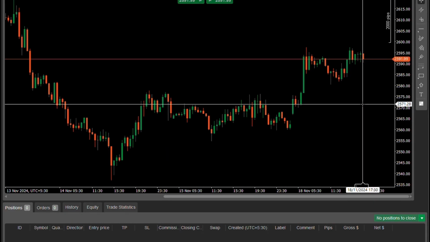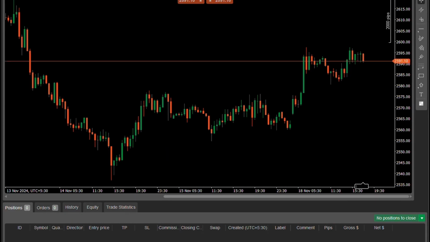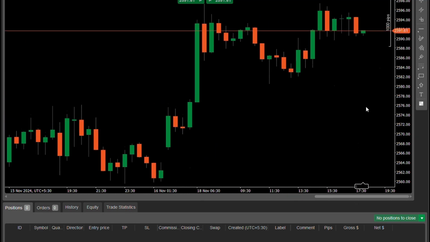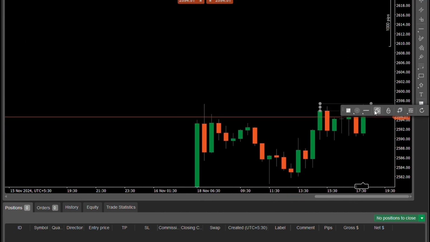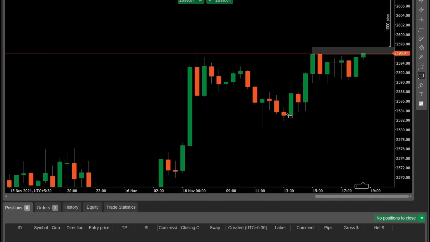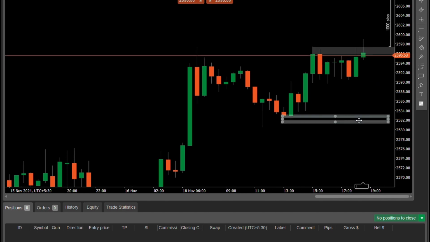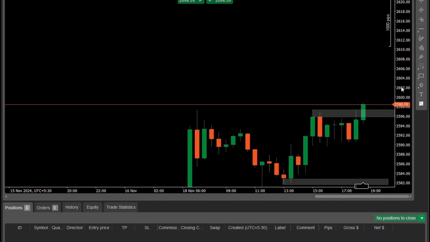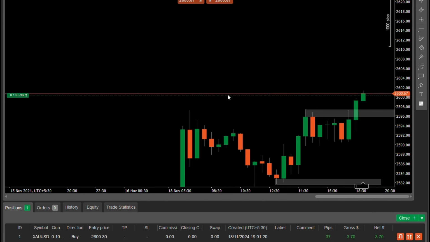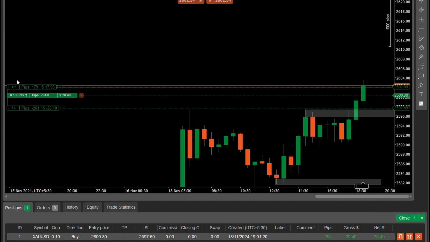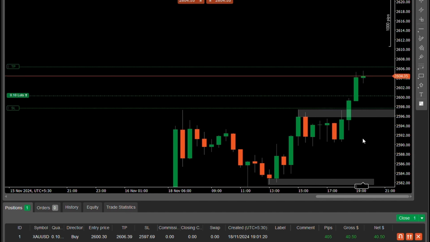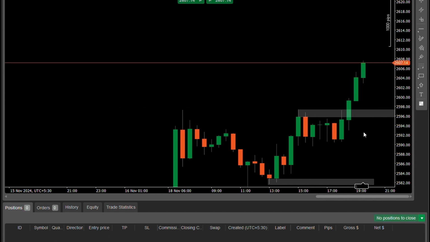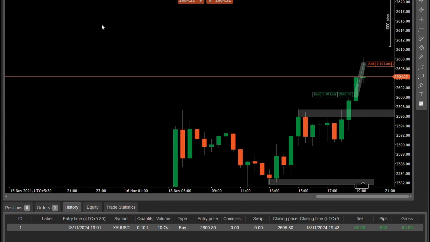This is gold. Look at that time. It is 5:30 p.m. in IST, so it is the London and New York sessions overlap time. At this time the dollar is very active. Let's draw resistance here and support here. See, the candle closed above it, so I take a buy here. Stop loss at resistance. Look, target hit. That's why I choose gold here. It is a very volatile pair at this timing.